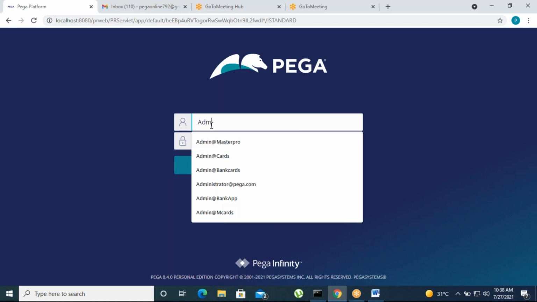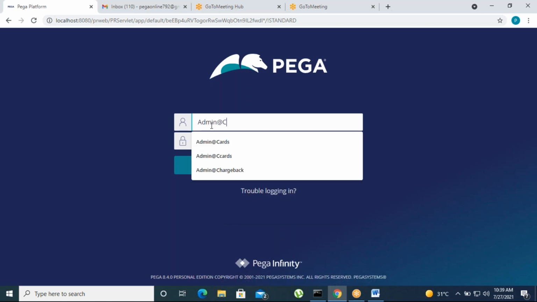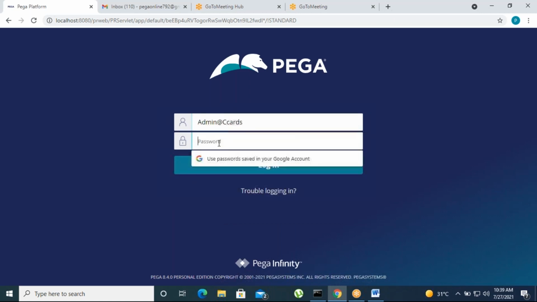Sorry, log in as admin at the rate of your application here. The password is rules. Click login.